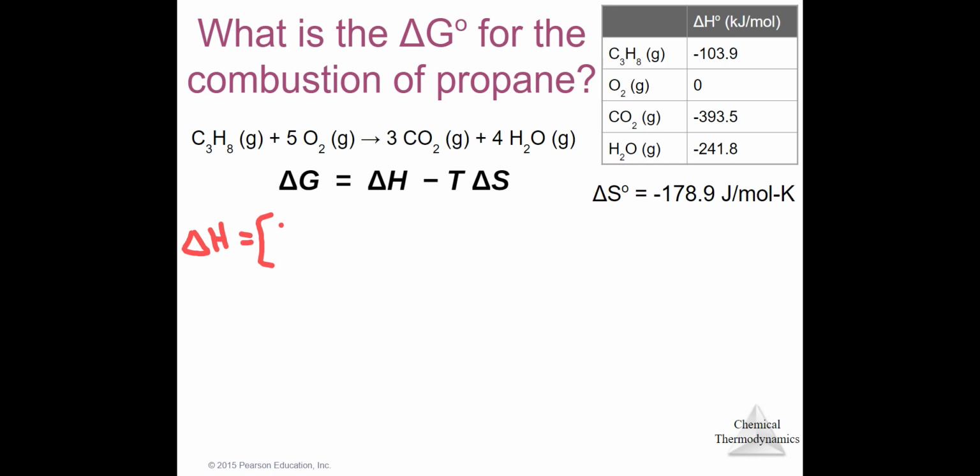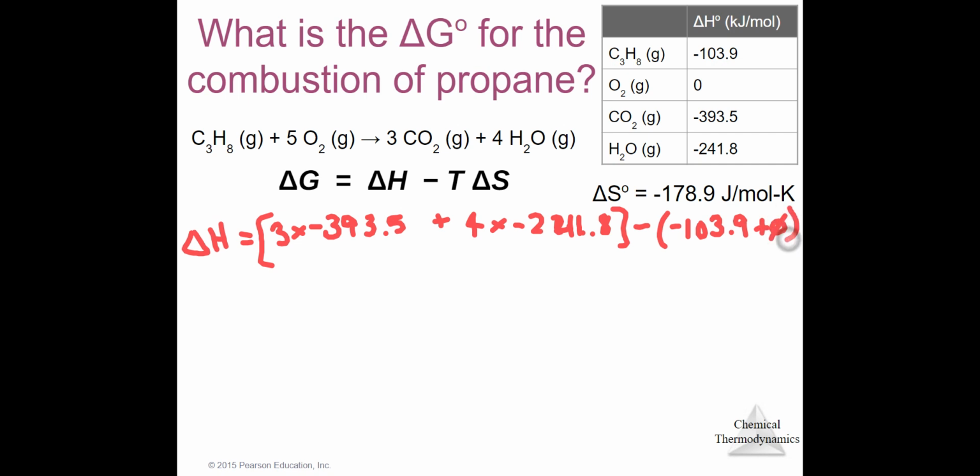So for our products, we have 3 times negative 393.5 plus 4 times negative 241.8. Sorry about that. So that's our products minus our reactants. We only have 1 mole of our propane, so it's just going to be negative 103.9